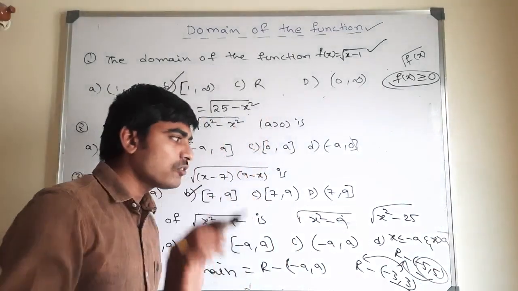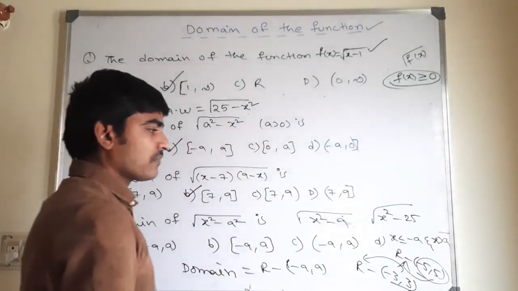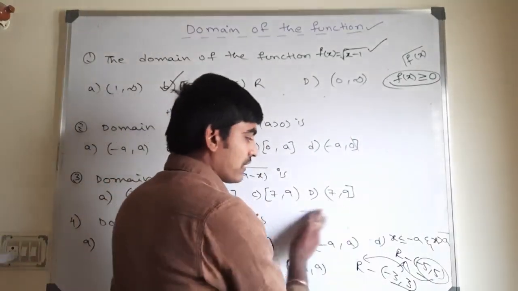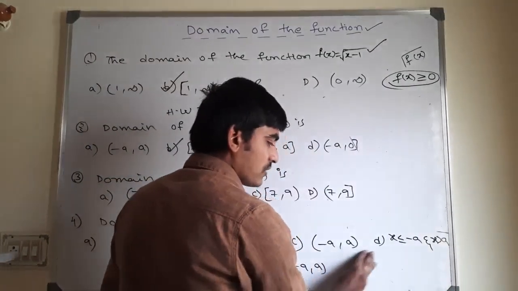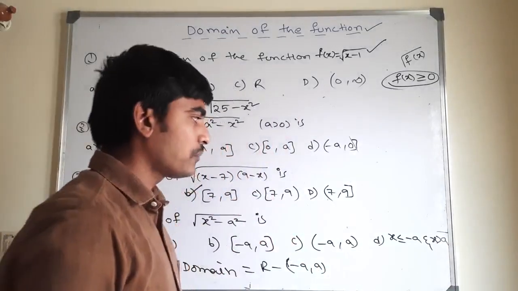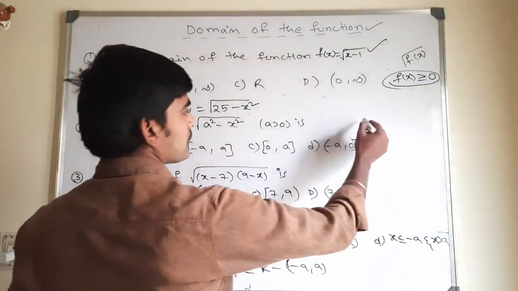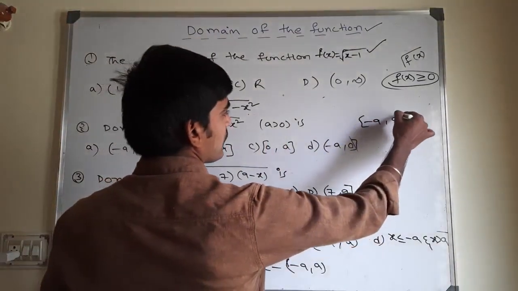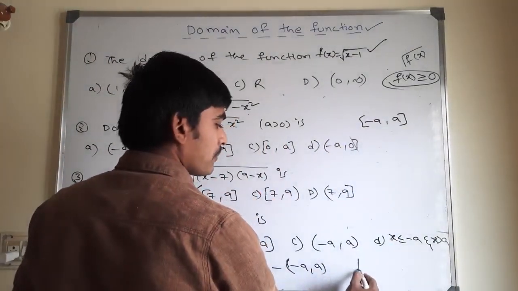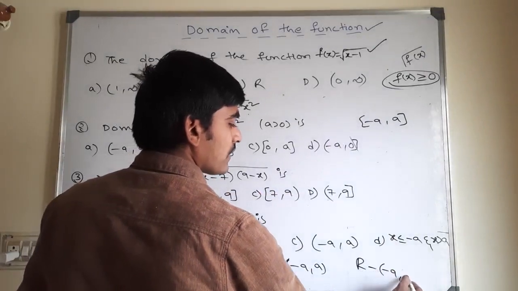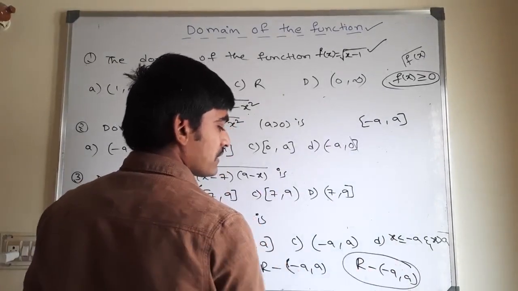Now I am allotting you all a homework question. You please tell me the answer. For this, ranges are also easy, but ranges I will tell at range time only. And I am solving. What is the trick for this? Minus a comma a. The trick I am telling is: except minus a comma a, all real numbers will satisfy.